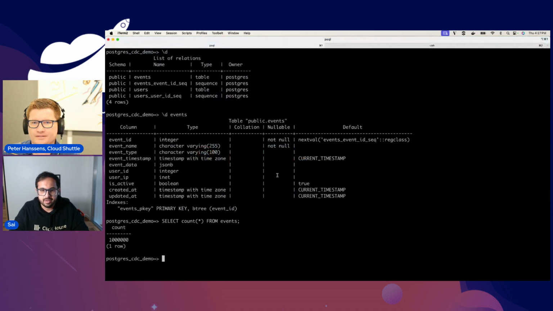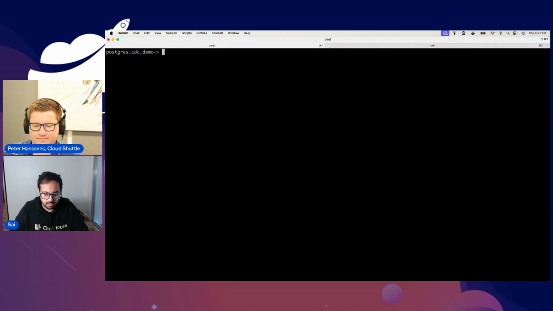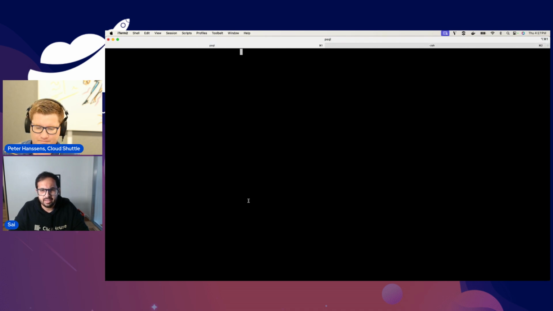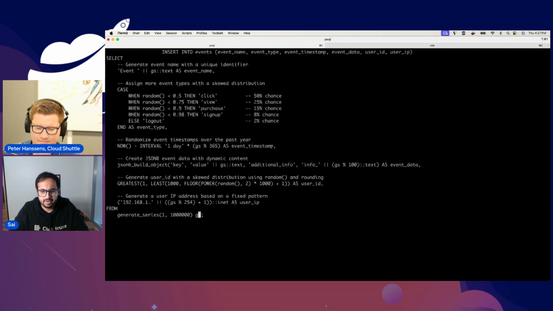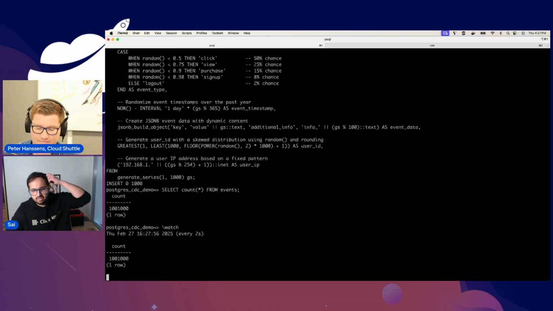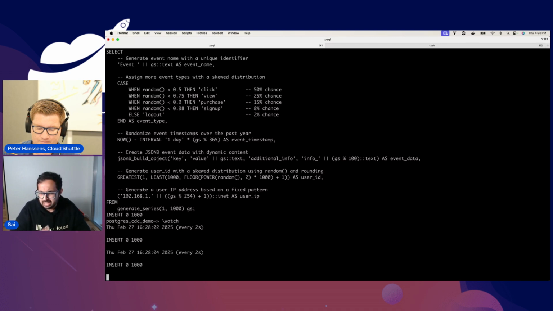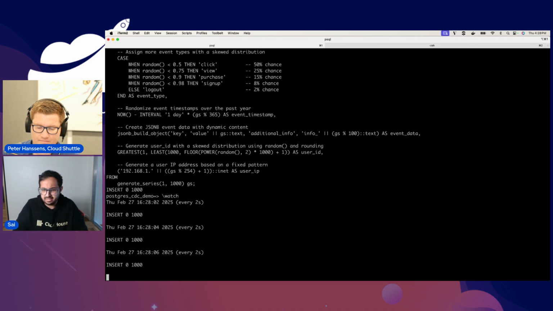Let me go ahead and insert some data into the users table, into the events table, right? So let me say I insert around 1,000 rows into the events table. If I do a count star from events, I have 1,000 rows, and I'll keep adding them. Why not? So I'm adding 1,000 inserts every 2 seconds into the